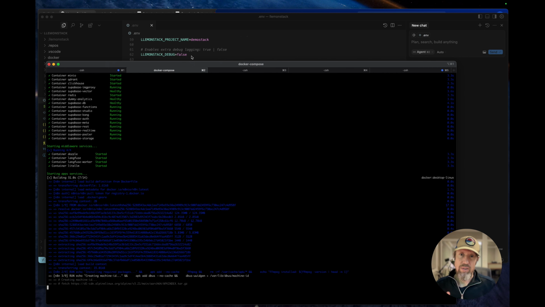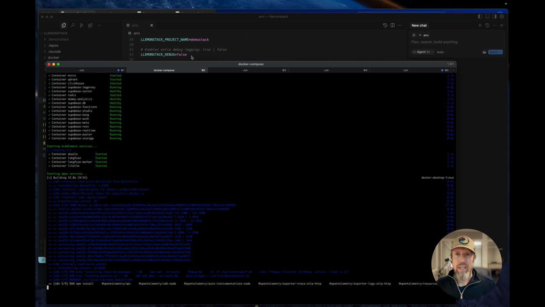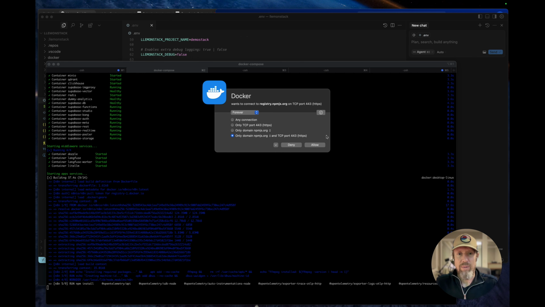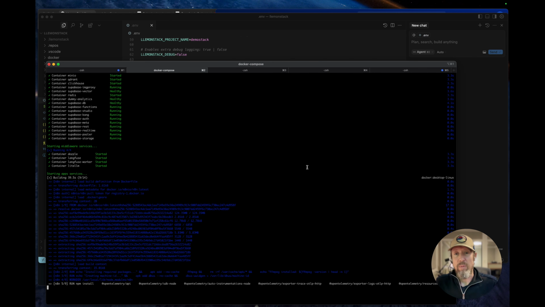It's actually installing FFmpeg and some additional telemetry into N8N. So from a development standpoint, now we can see exactly what's happening in N8N with the workflows, and we've got it communicating to Langfuse, as well as we can set it up to communicate out to